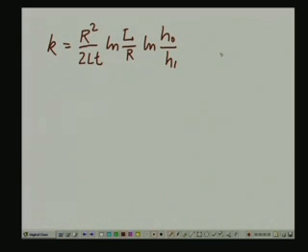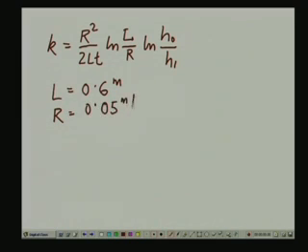We have explained all the terms, so now we can start calculating, noting that L in our case is going to be equal to 0.6 meter. R in our case is going to be 0.05 meter over 2, that is equal to 0.025 meter. Then H0